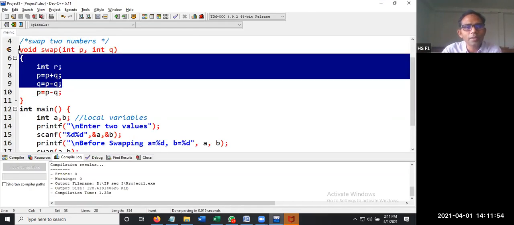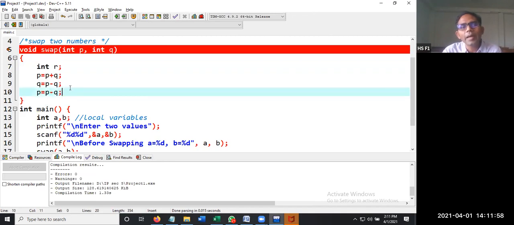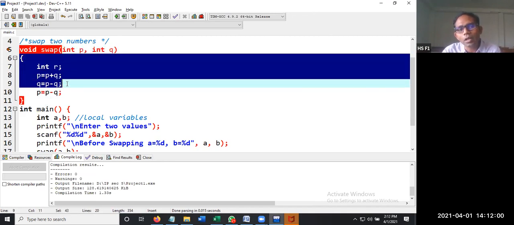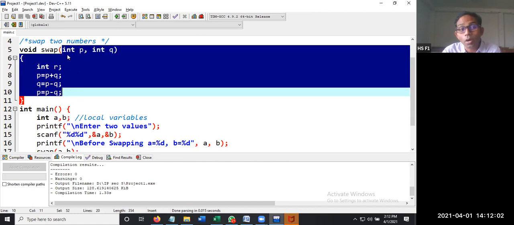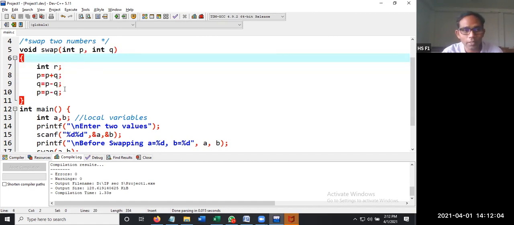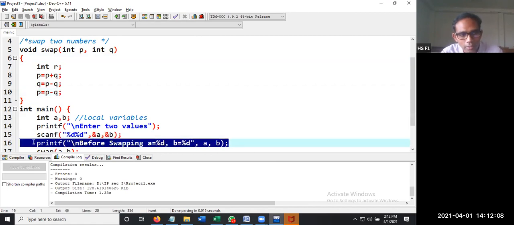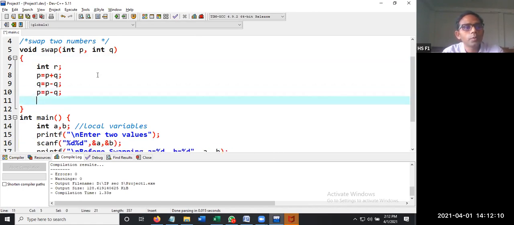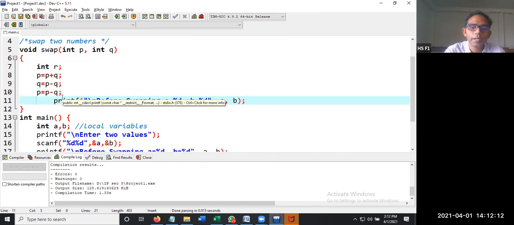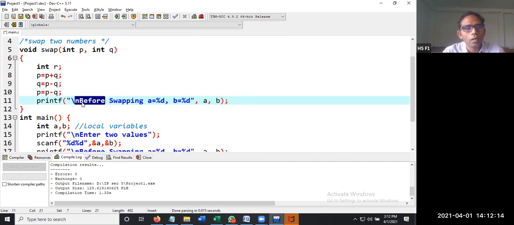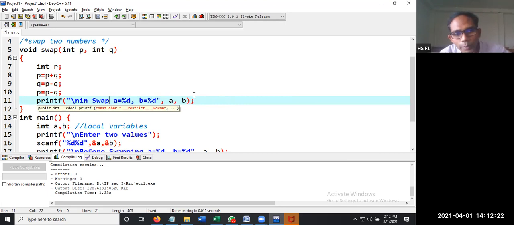Because whatever modifications you do inside this particular function will not happen, because these three are local variables, not global variables. If you print the values, you are going to get the output. Here I am printing "in swap A equal to, B equal to".